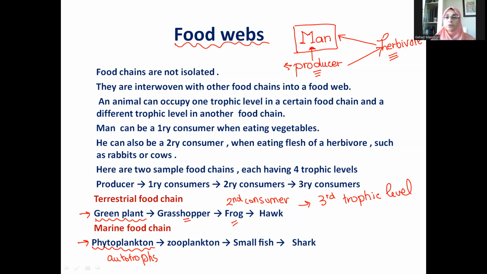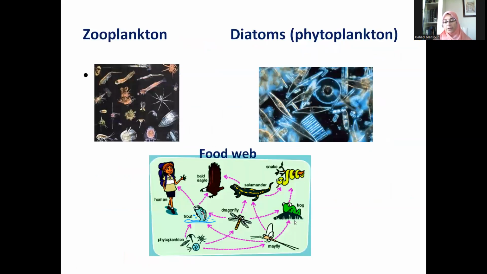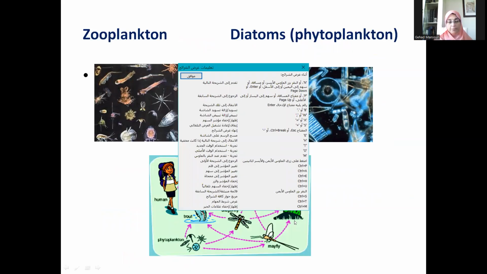And autotrophs are usually or mostly phototrophs, where the source of energy is light energy, whereas a few of them are chemotrophs, where the source of energy is chemical energy. And then autotrophs will be consumed by zooplanktons, and zooplanktons again are microscopic organisms that feed on phytoplanktons. They are thus considered the first consumers, and so on. So these are examples of terrestrial and aquatic or marine food chains.